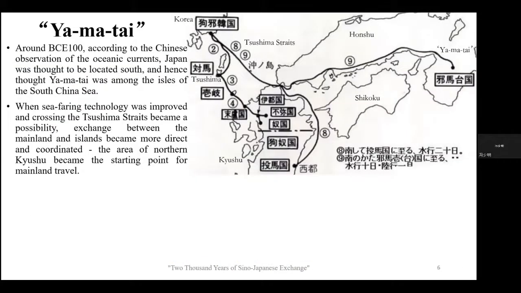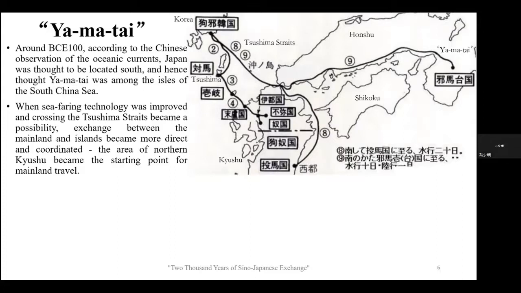So we go on to a place called Yamatai. There's a map on the top right-hand corner. This shows the islands of Japan, and crossing the Tsushima Straits, we have Korea. Sometime around 100 BCE, according to Chinese observation of the oceanic currents, they thought that Japan was located south. But when seafaring technology improved and people could cross the Tsushima Straits, then the